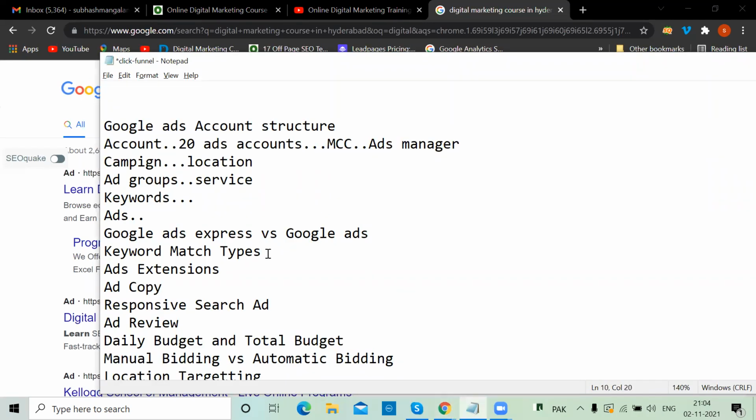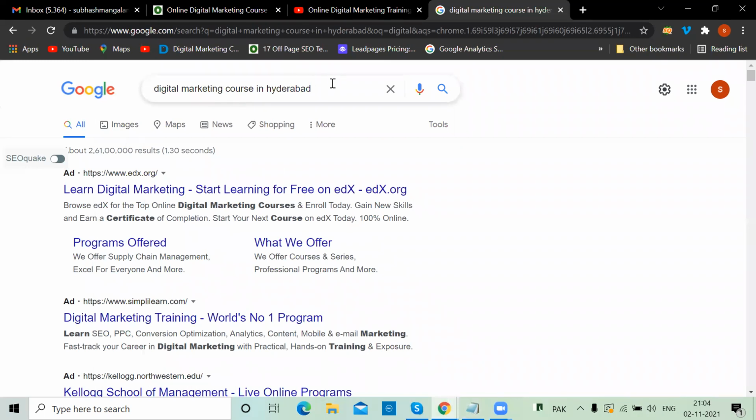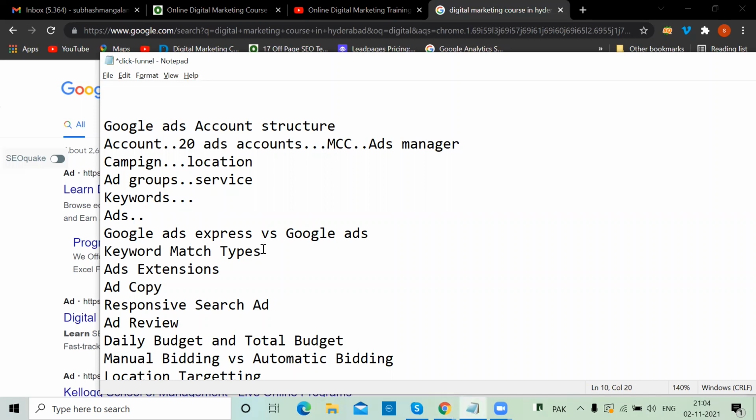Next, keyword match types. Now you mentioned digital marketing course in Hyderabad. In such a way, while you're doing keywords, you have to mention the group of keywords for which you want to show your ad. By default, it's a broad match. Broad match will kill you. Instead, try phrase match or exact match or broad modifier with negative keywords. I also explained this in a video; I haven't uploaded it, I'll be uploading soon. Just watch that also. Keyword match types are very, very important. By default, it is broad. Even if a single word matches, your ad will appear, and this will kill your business. Go for phrase with negative or broad modifier with negative always.